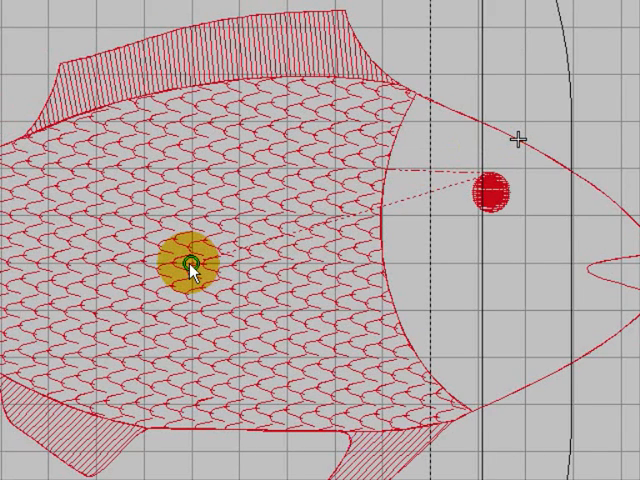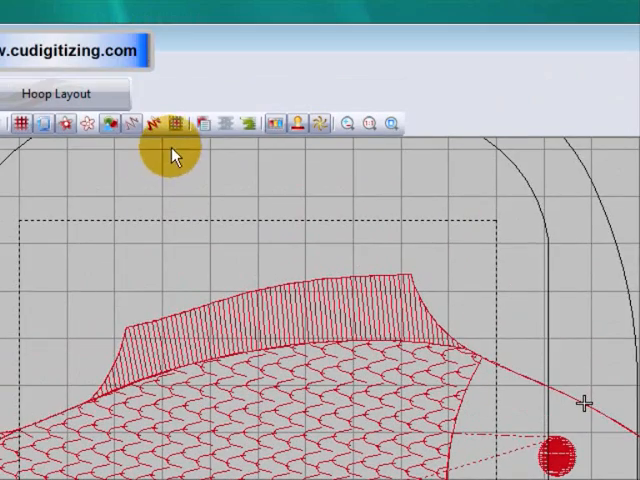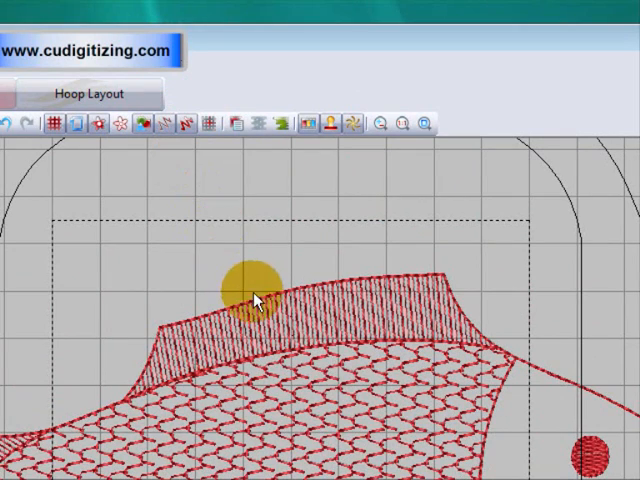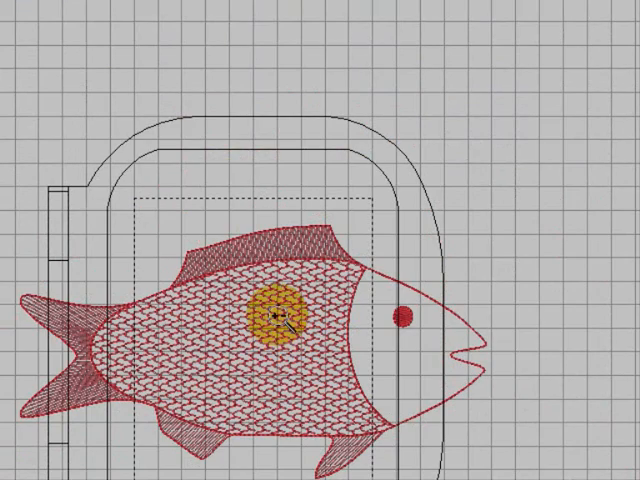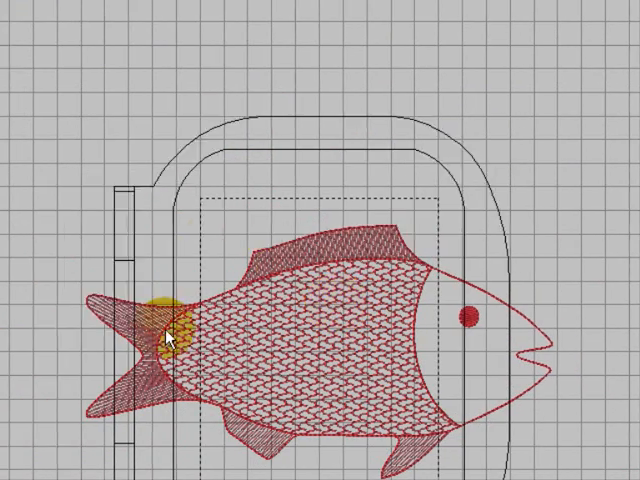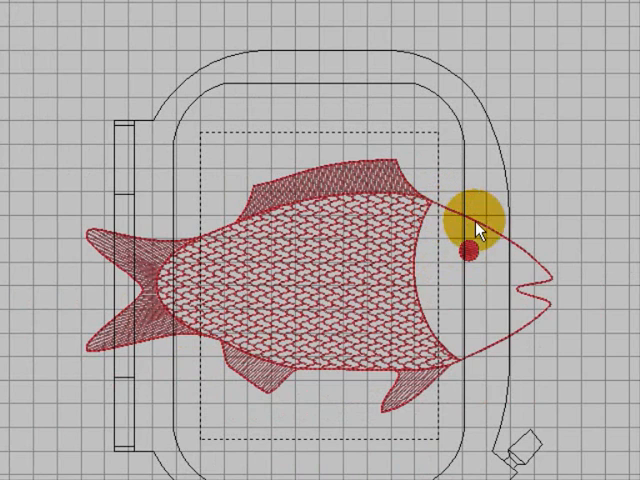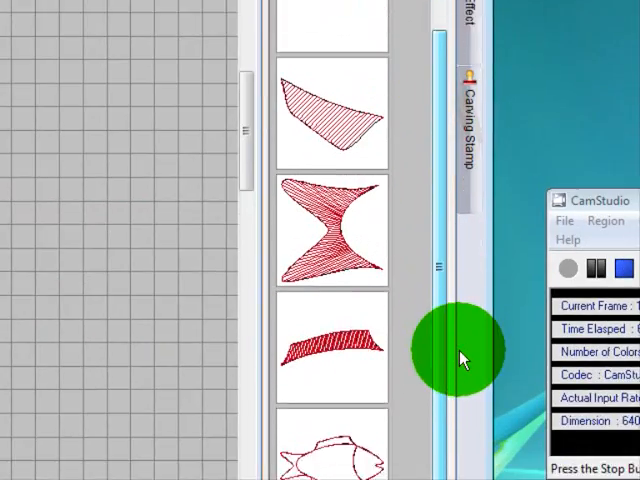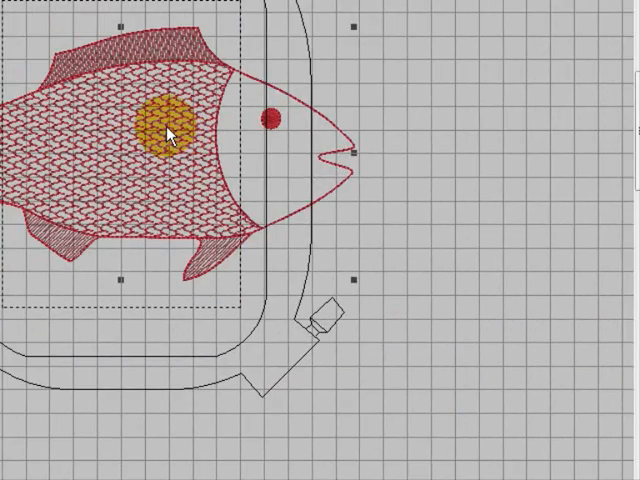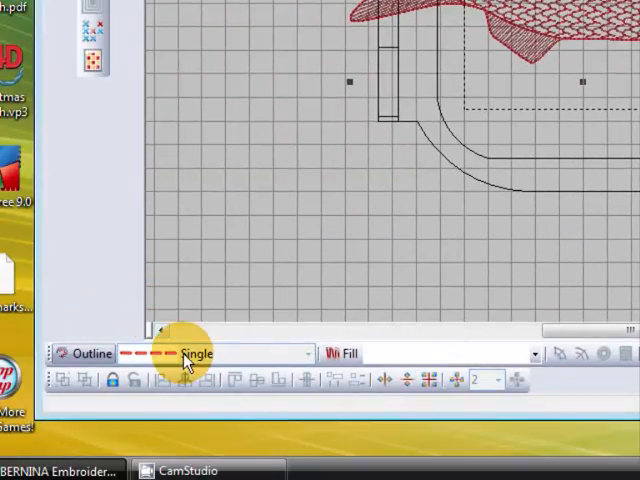Okay, now let's have a look at that in artistic view, and I'm going to bring it down a little bit so you can see the whole thing. Alright, so there's our fish. Now at the moment it's got an outline that is single, and that's fine, but I would like it a little bit bolder, so I'm going to change it. I've selected that outline now. I'm going to change that to a triple,